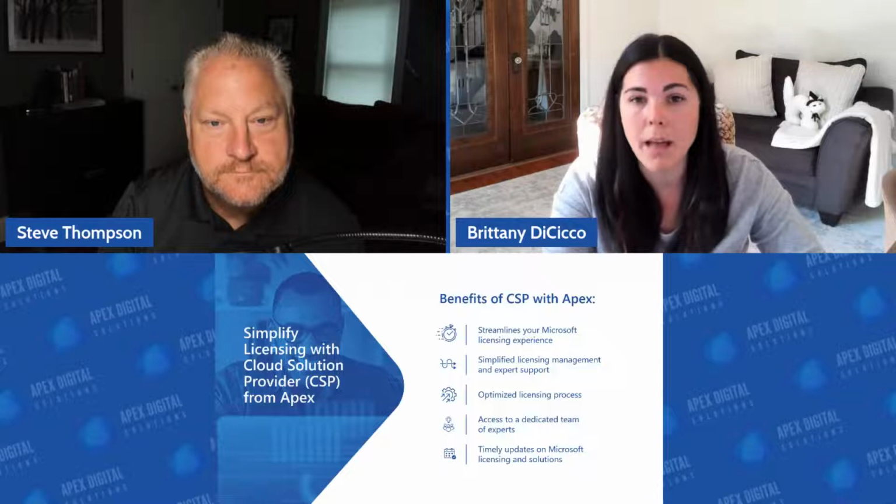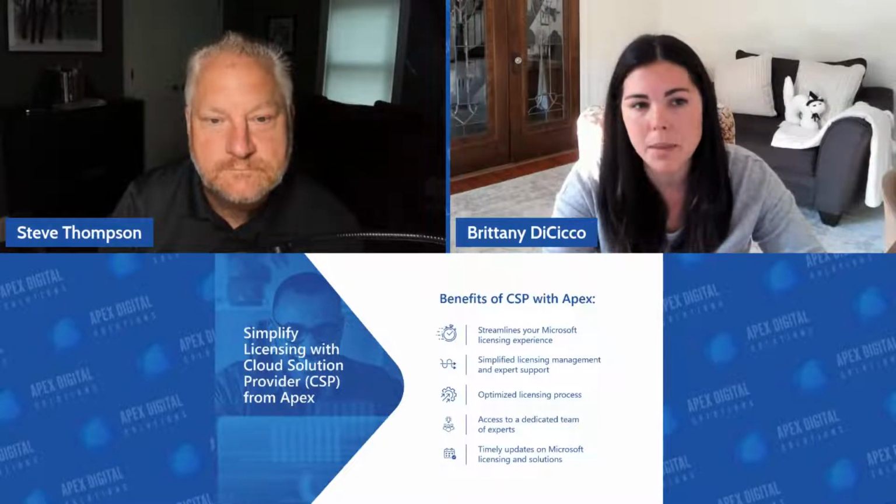Yeah, so legacy, which is CSP as it was in the past, you could purchase licensing at any time. You had a bunch of different contracts going. From an annual commit, you were locked in for your pricing for a year, but you could really change your licensing at any time. You could cancel, you could move up and down. So there was a lot of flexibility, but there was also a lot of variation in contracts and billing cycles